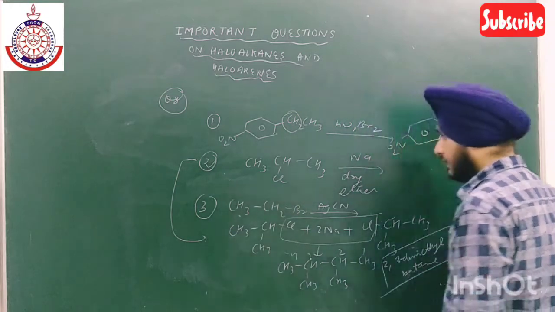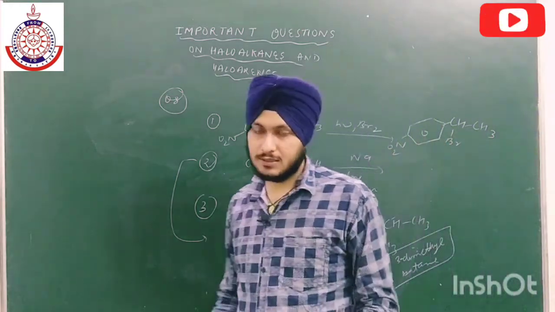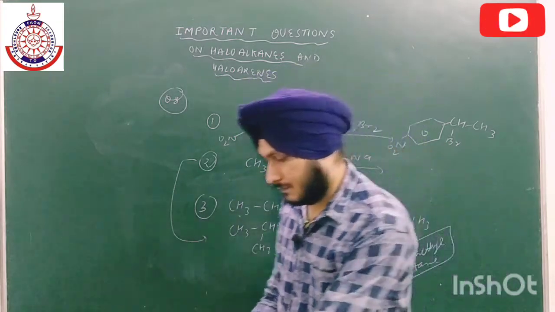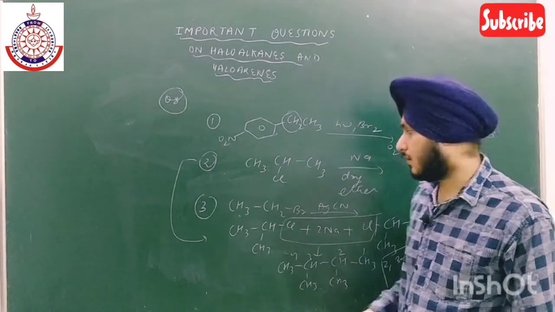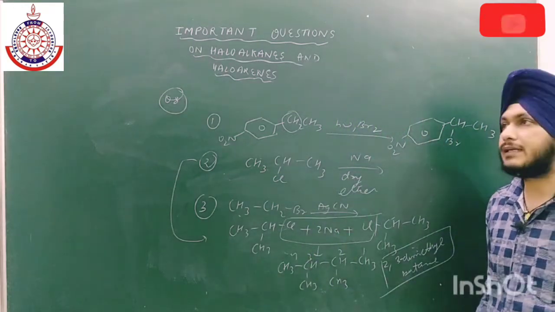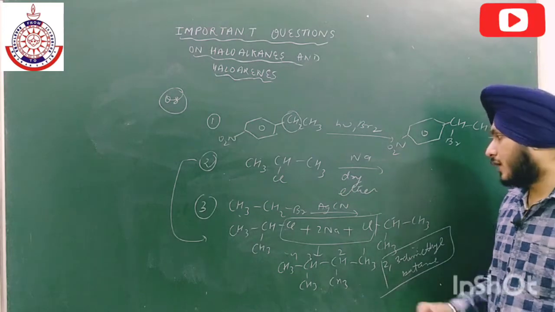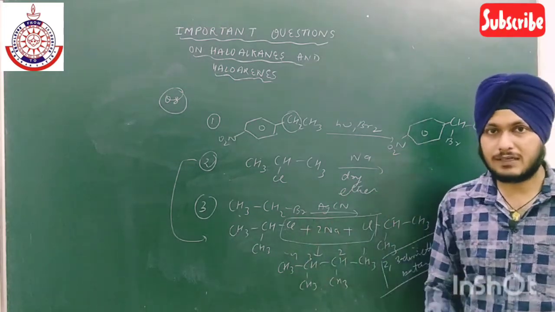Now this question is very important, because most of the students are not able to give the right answer. They get confused about what the product will be in the case of AgCN and what it will be in the case of KCN. Now AgCN is a covalent compound, and this is an example of a nucleophilic substitution reaction.